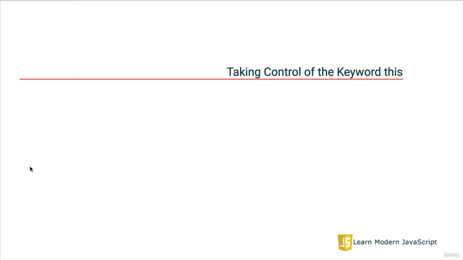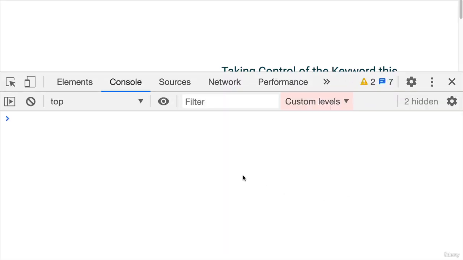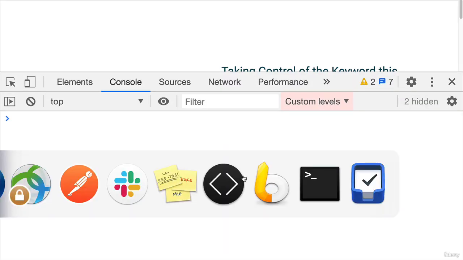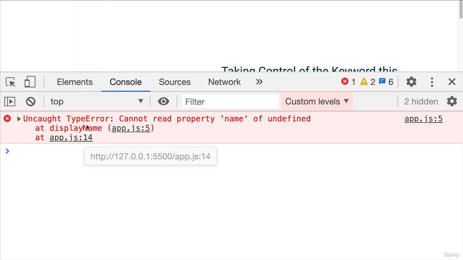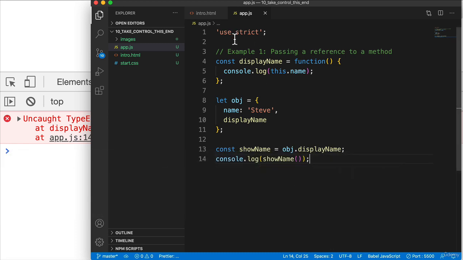So let me go ahead and open up the console here. I should have done that before I started messing with the code. Now we can go ahead and save this, and let's see what happens. If you remember, we get this uncaught type error: cannot read property name of undefined. So remember, since we're using strict mode, the keyword this does not reference the default object, the window. It becomes undefined, and that's why we get that error. So how would we go about correcting this? Well,